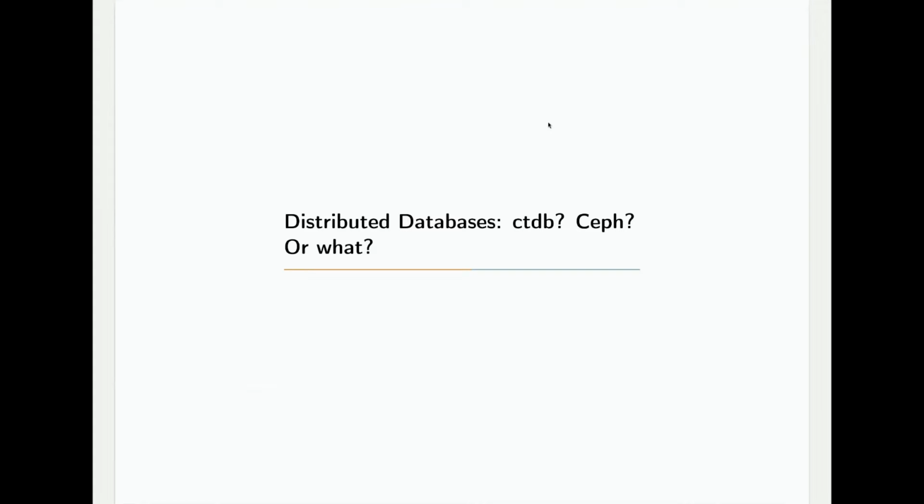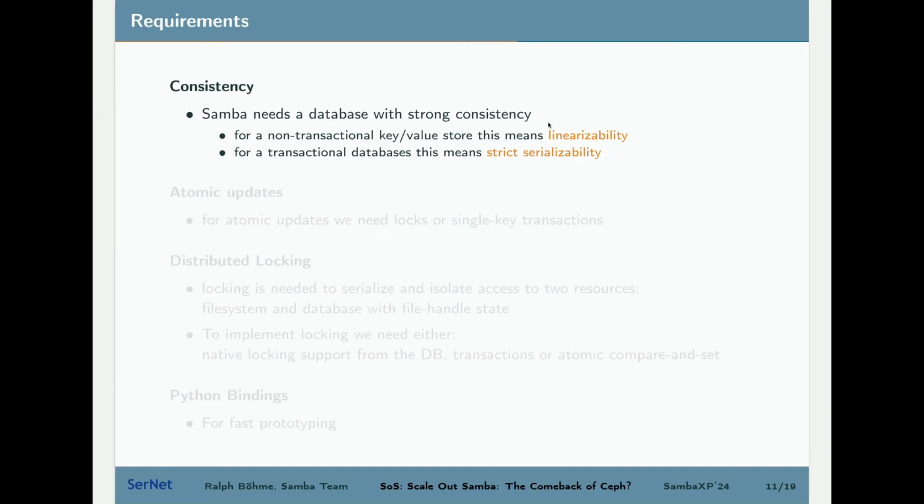So there was Ceph and CTDB. CTDB is just screamingly fast. Ceph, while it now works much better from a performance perspective, is still not there in my test setup. There's a very large gap, right? So, coming back to what I already presented last year, are there maybe even more databases or other approaches we could use?